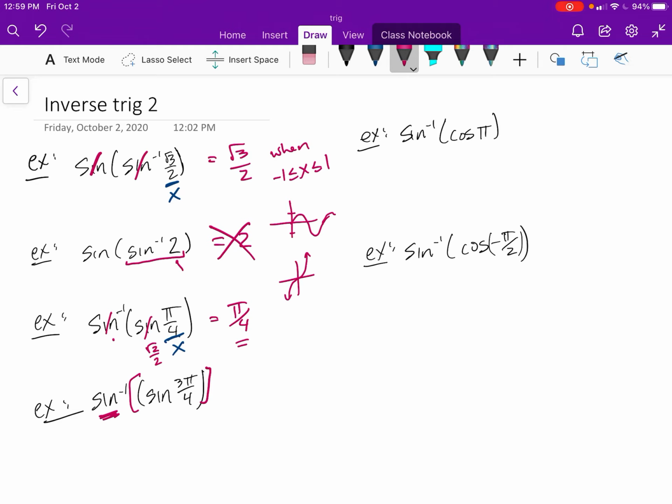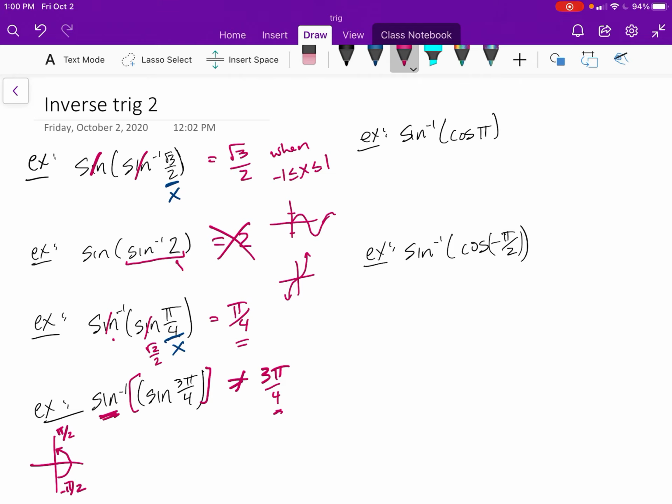Remember that sine inverse only exists, so the range of sine, the domain of sine inverse, I should say, only exists from -pi over 2 to pi over 2. So we cannot just cancel and say 3 pi over 4 because that is not within the domain of the inverse function. So how can we answer this? Well,